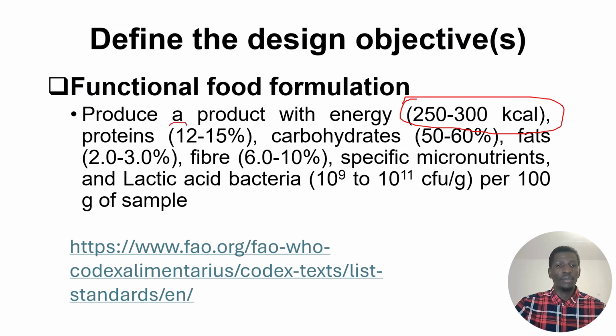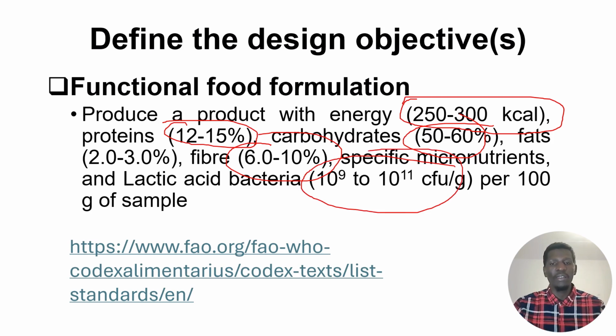The protein content must be between 12 to 15%, carbohydrates between 50 to 60. The fiber content must be between 6 to 10%. The probiotic content must be between 10 to the 9 to 10 to the 11 colony forming units per gram. And the product must also have some specific micronutrients. This is actually a very complex design objective,